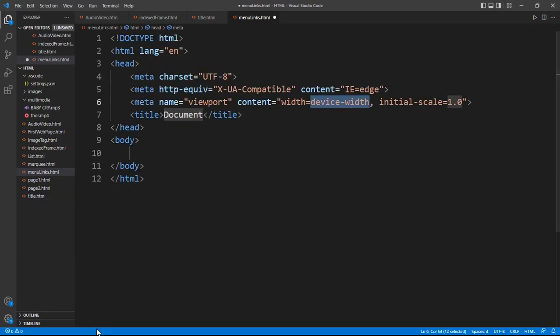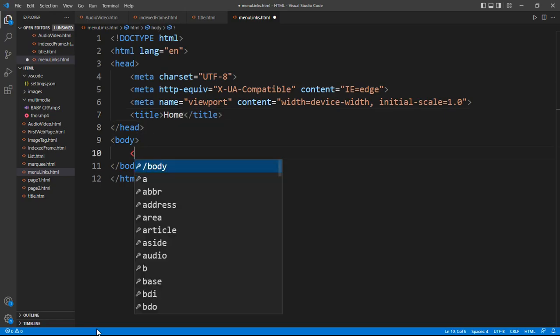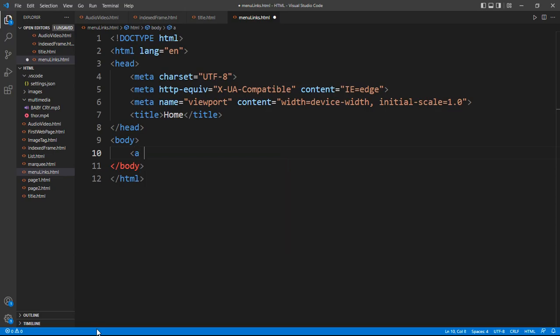Now here I would like to give the title name as home, and there I would like to create one hyperlink with the help of an anchor tag. a href is equal to home.html, which means we need to develop one more page, that is home.html. And the link text is home. Okay. Now let us implement home.html, then only we are going to run